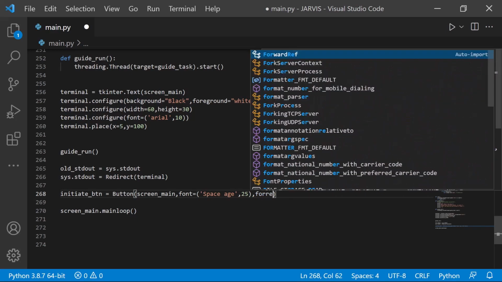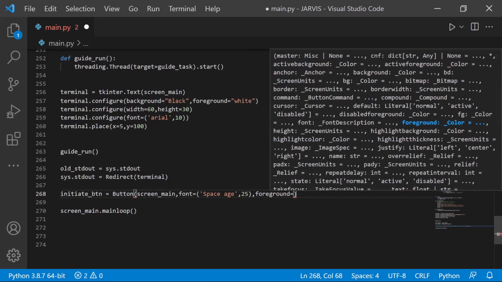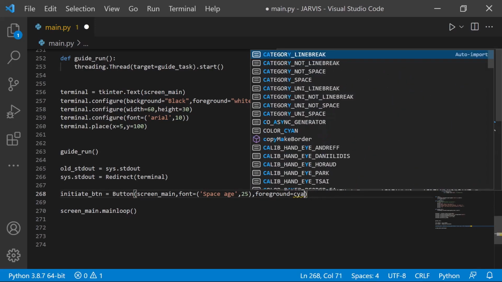And foreground means the color of the text, so we'll specify it as cyan,